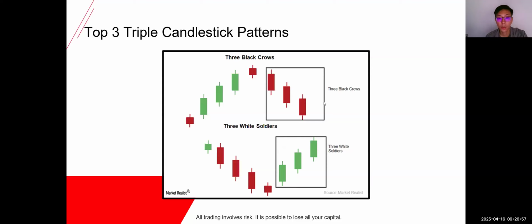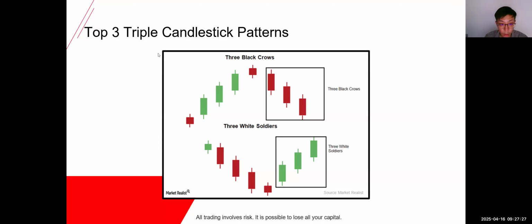Plus, we have three black crows and three white soldiers. Basically, this just means three consecutive bearish candles, and then three consecutive bullish candles, right? So this is the one where I use plus